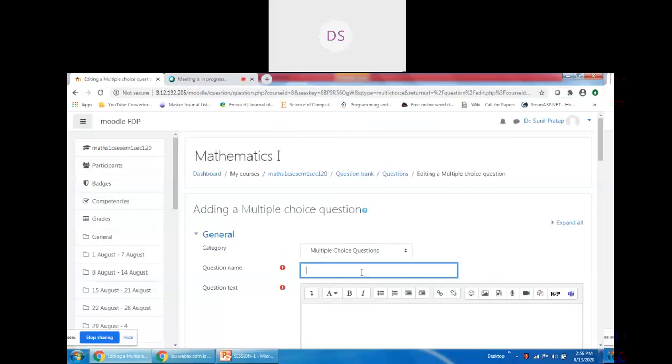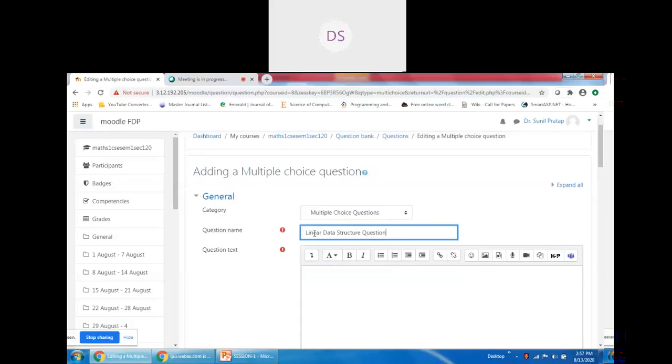I am writing just linear data structure question. This is just a name. This is not exactly the question.